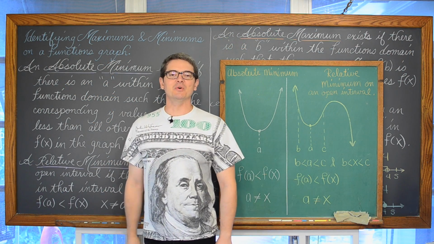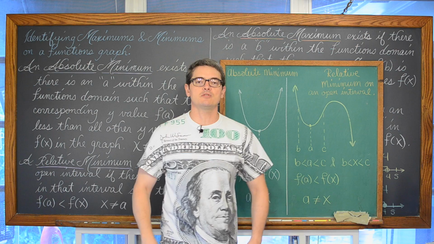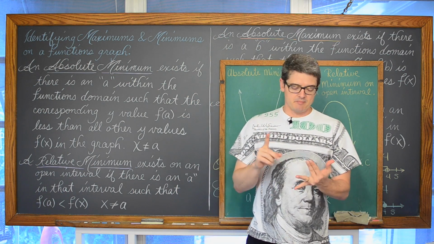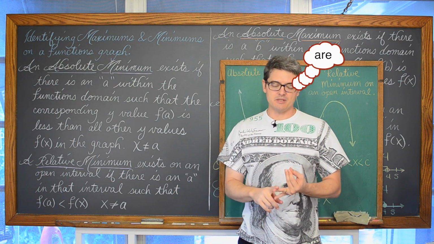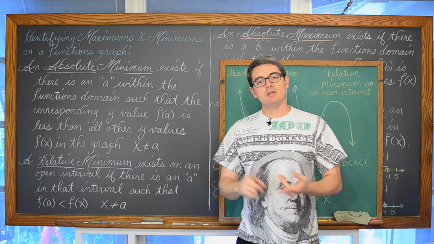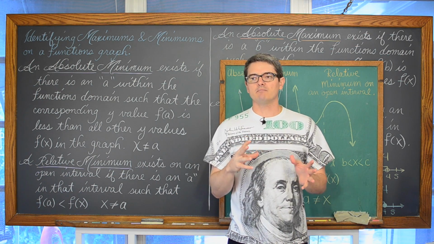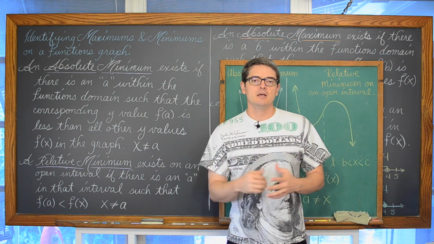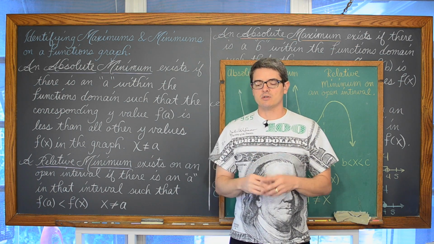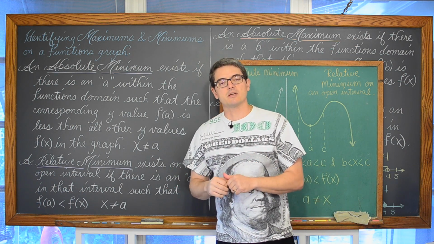Bam! Mr. Tarou, in this algebra lesson, we are going to define what an absolute maximum and relative maximum is. We're also going to define absolute minimums and relative minimums. And then we're going to look at 5 graphs and learn how to identify and state these points of interest on the graph, on the 5 graphs we're going to take a look at.